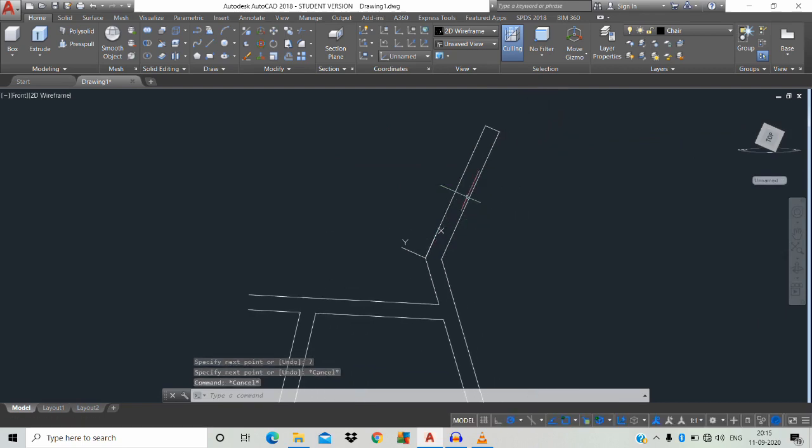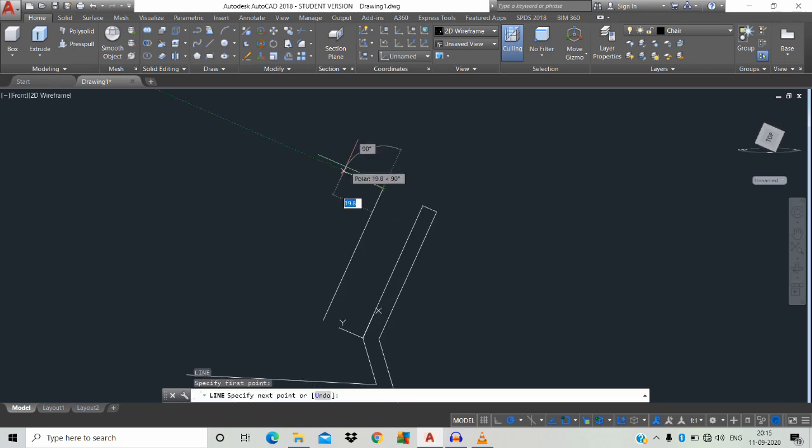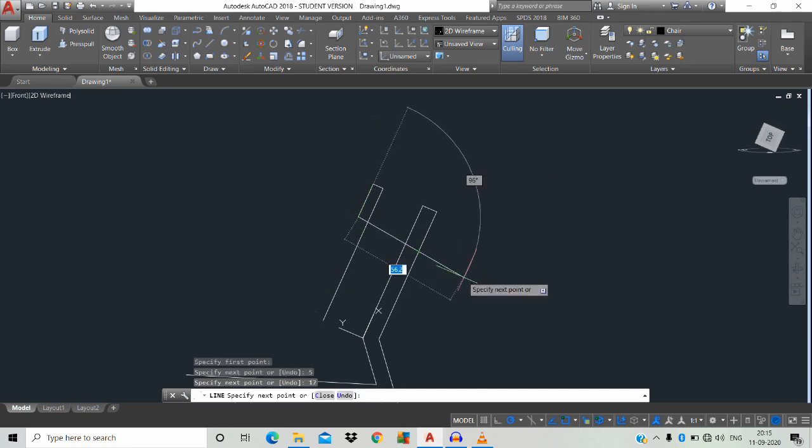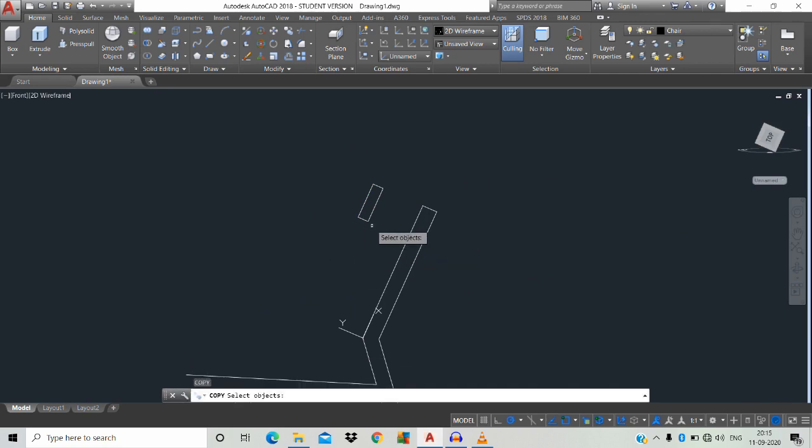then O space, we're going to offset for 20 mm. Just move, do an offset. L space, 90 degrees, 5 mm, space, just move the line parallel. 17 mm, space, just move 90 degrees for 5 mm. TR double space. Escape. J space, we're going to join the area, so join these lines, space. Now this is a single object.